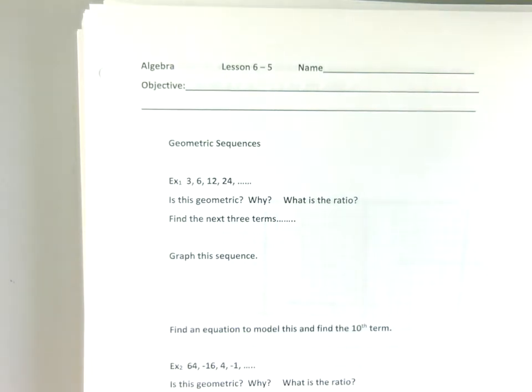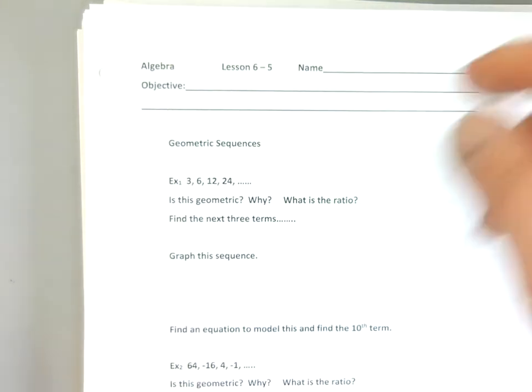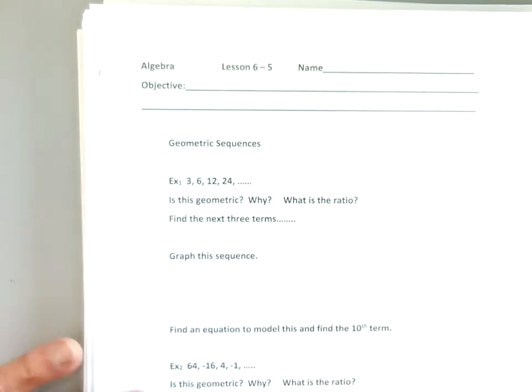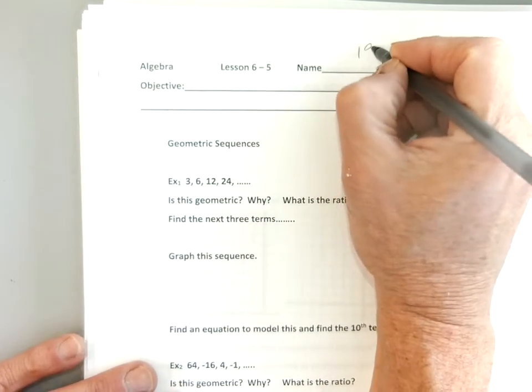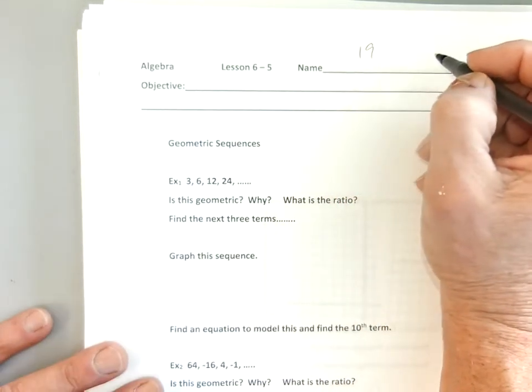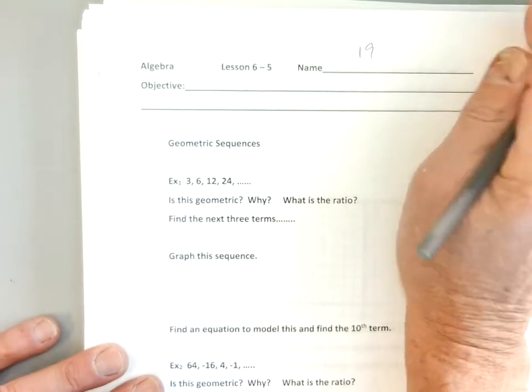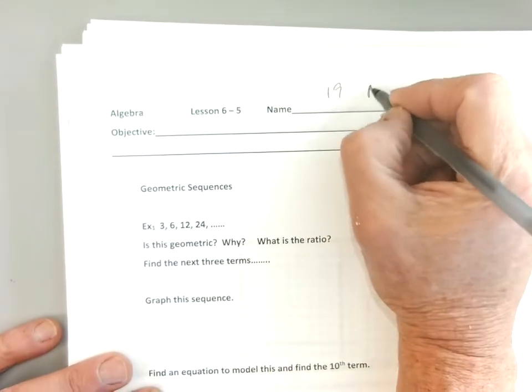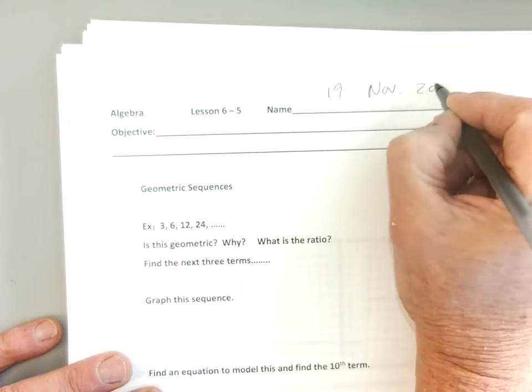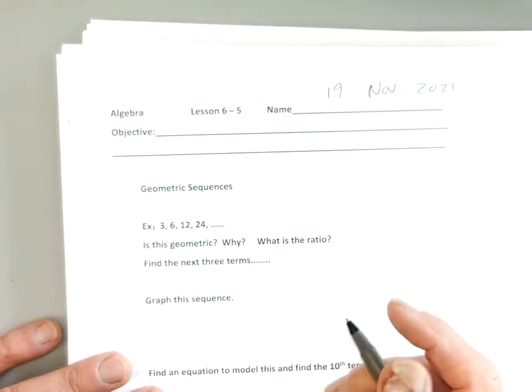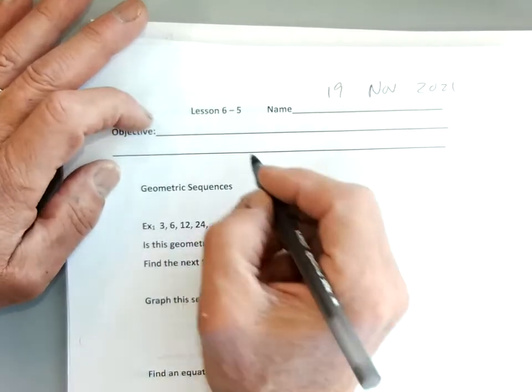We are live. Okay, here we go. Today's date is November 10, 2021. See? So today what we're talking about is geometric